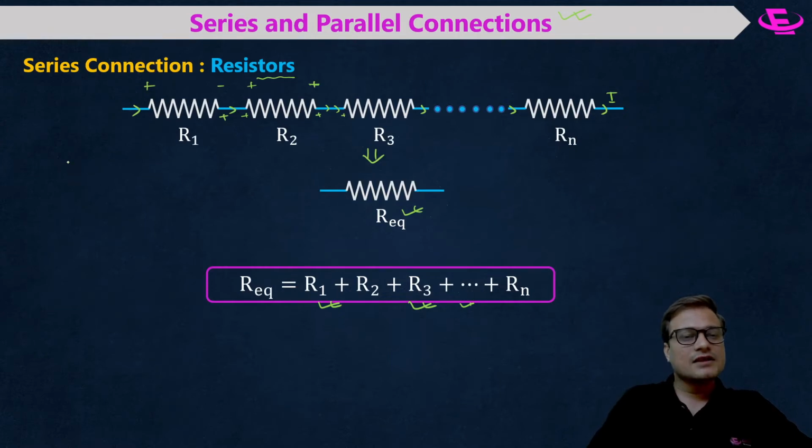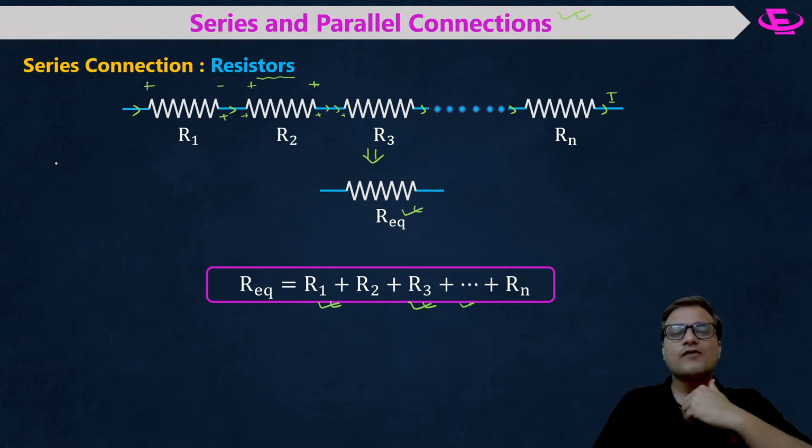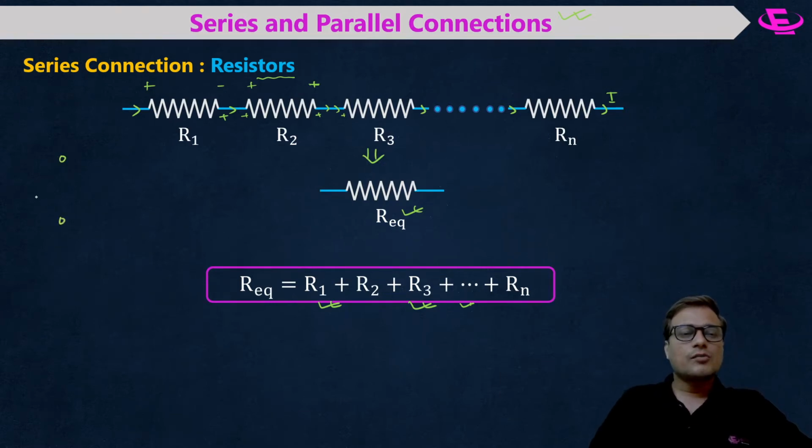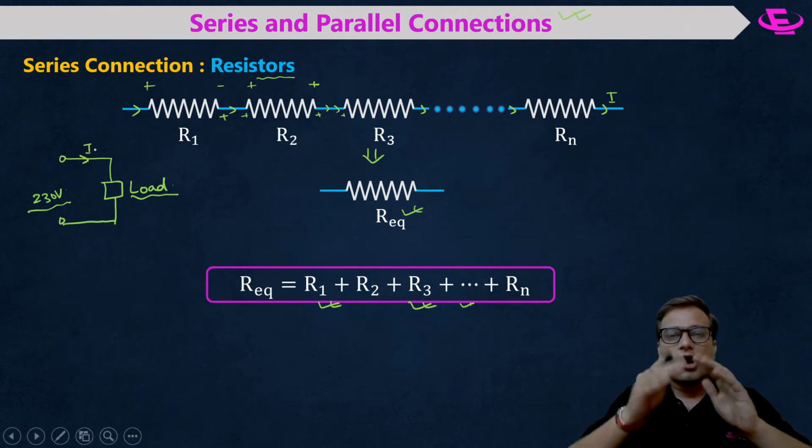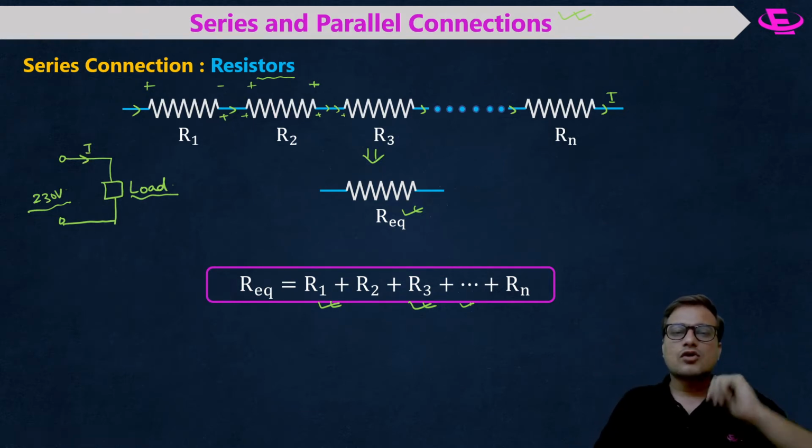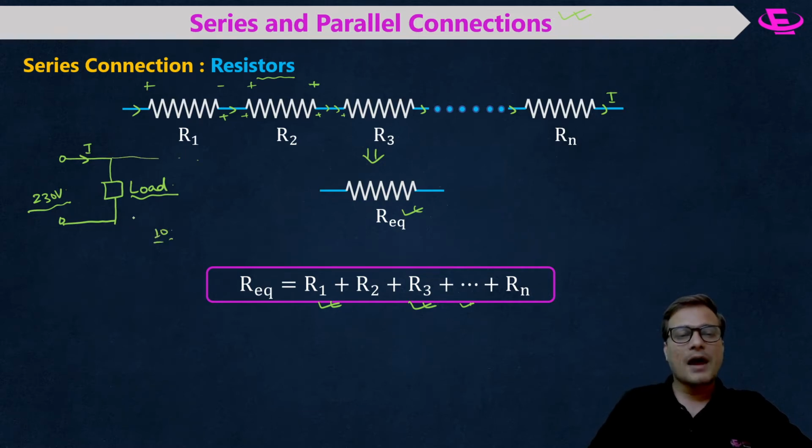Now one of the interesting things I'll discuss here is why we calculate equivalent resistance. Your question will be, sir, all the resistors are given, why are we calculating equivalent resistance? So I am telling you the reason. At your home you are getting a supply of 230 volt. Now what happens? You are connecting different appliances and those appliances are called load. So you are connecting electrical load. Whenever you connect electrical load, it draws some current I. Now how many loads are there at your home? Suppose there are 10 loads. All the loads are connected in parallel.